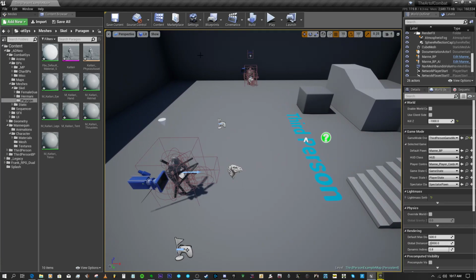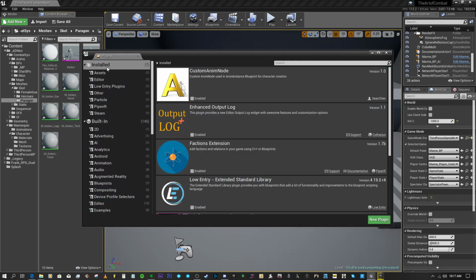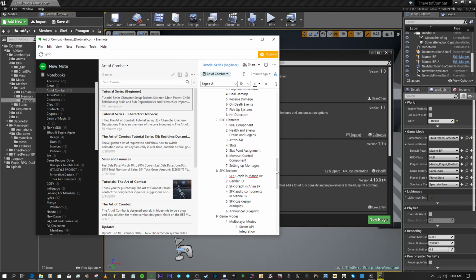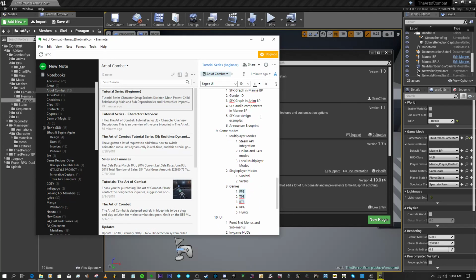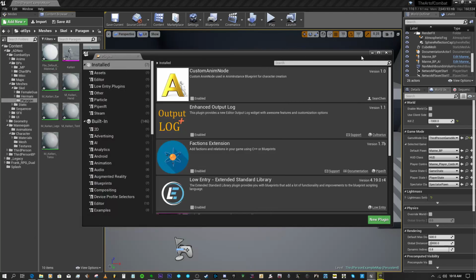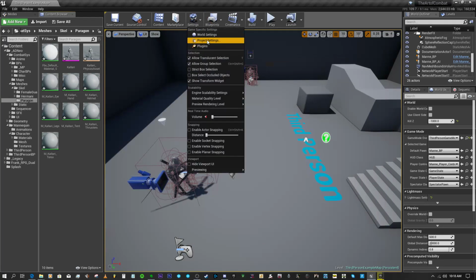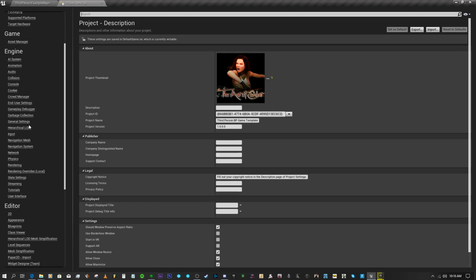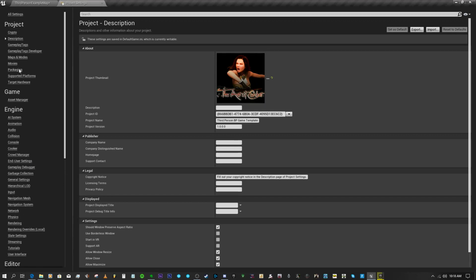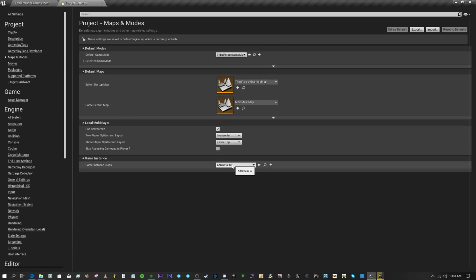Let me see though. Some people wanted to know how to use the Art of Combat for an FPS or TPS project. So like I said, I wrote it down here. Yeah, so if we're going to do this, let me just quickly come into project settings. What you need to understand is, if you're going to bring in the Art of Combat, migrating it into another project, you need to make sure that you set that project's game instance class